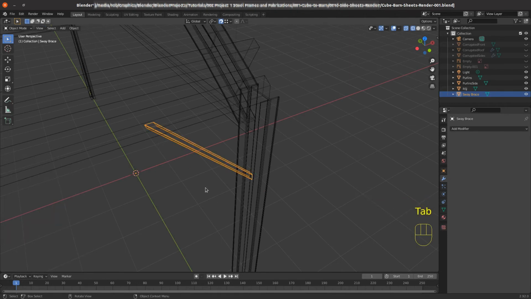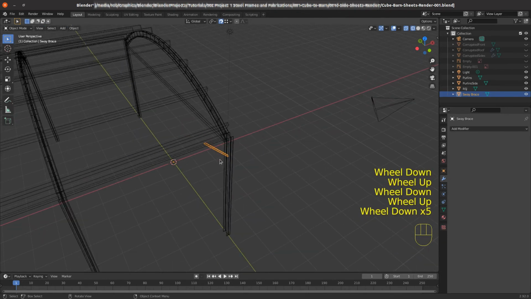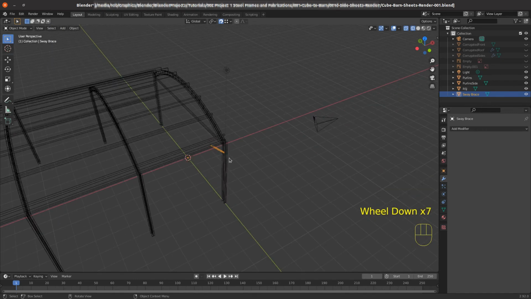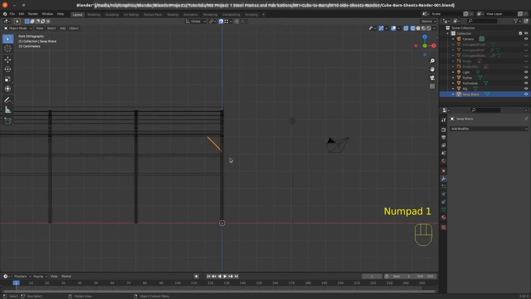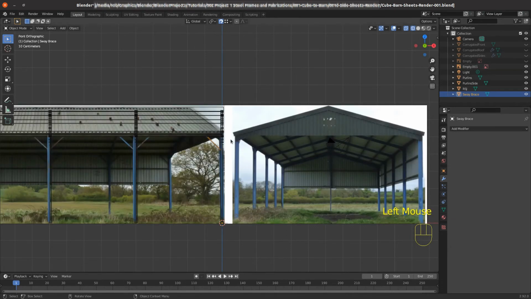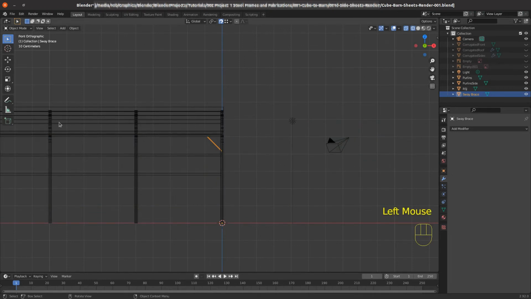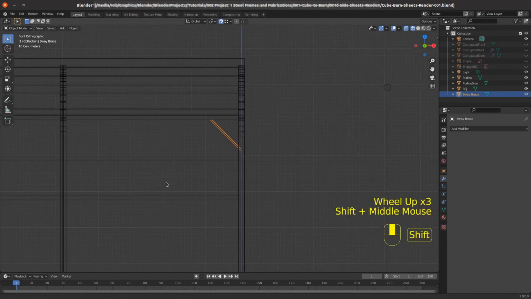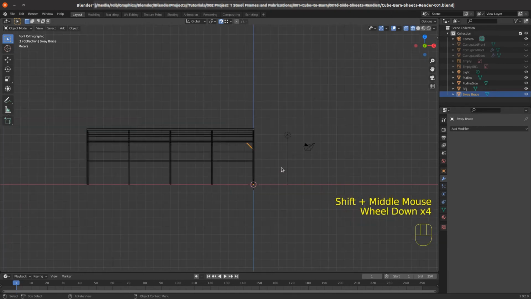Tab back into object mode, and we've now got the first of the sway braces in place. So what I'm going to do now is go into view 1 so we can look at it side on, and we can compare that to the reference image, and you can see it's pretty much covering where the sway brace is for that. So again, take the reference image out of view,